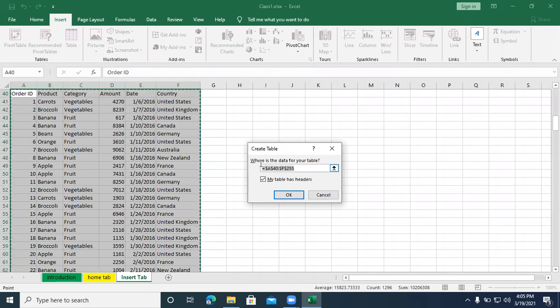What type of reference is the range showing? What are the types of references? Cell reference. What types of cell reference?